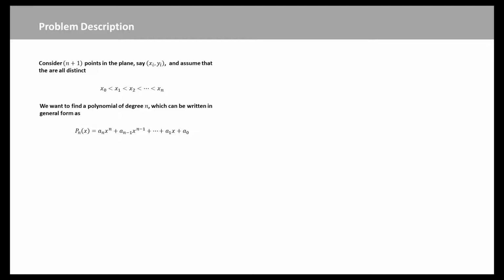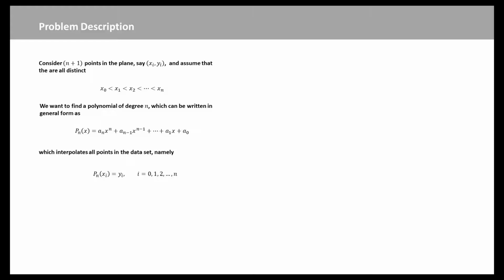So we write out the general form of a polynomial of degree n, which reads Pn of x equals a_n x to the power n plus a_(n-1) x to the power n minus 1, and all the way down to a1 x plus a0, where the a's are the coefficients for the term x to a certain power. We want this polynomial to interpolate the dataset, meaning the graph of the polynomial must go through all the points given in the dataset.